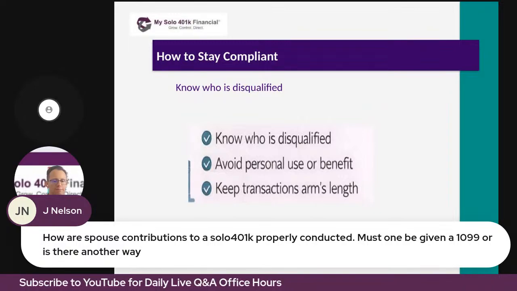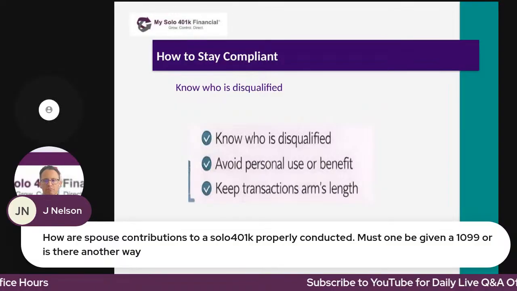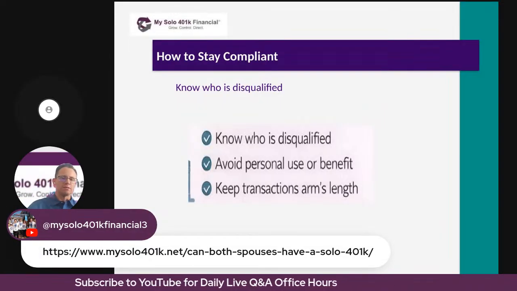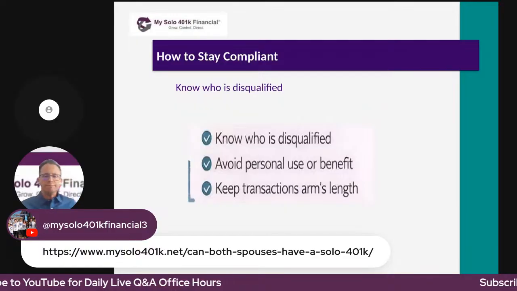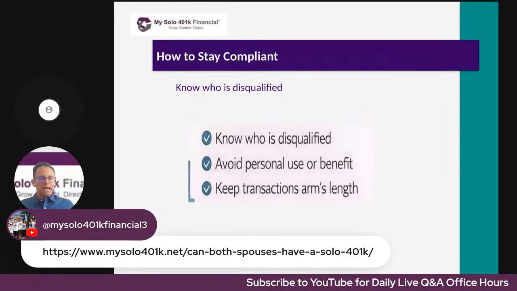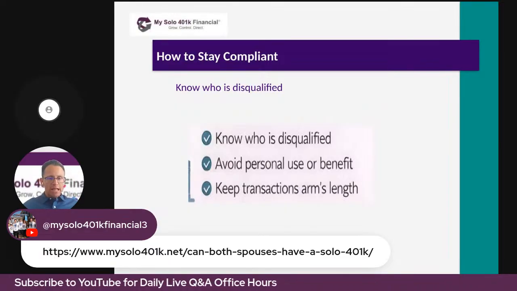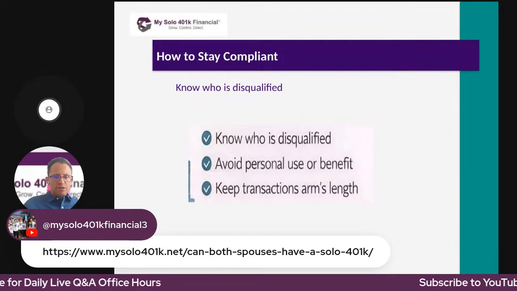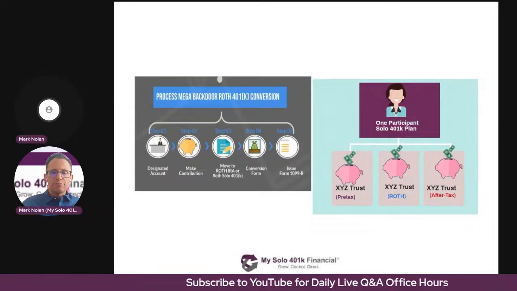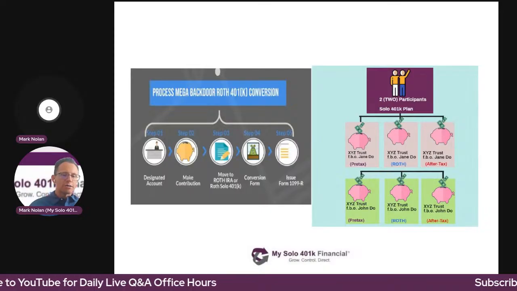We did a webinar on that topic, actually. We have over 1,100 videos on our YouTube channel on all these various topics that we've done webinars on. But in short, let's say your self-employed business is taxed as an S corporation. If you're both working for that same business, then it's one plan, and both of your respective contributions to the solo 401k plan are going to be based on your respective W-2 wages from that business.